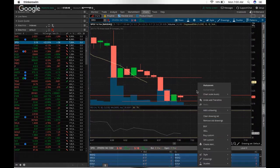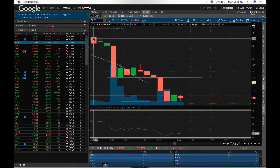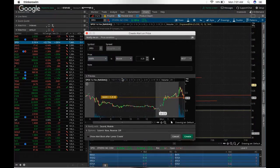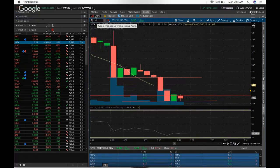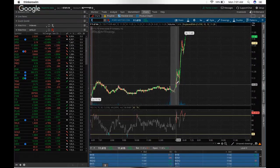I'm going to put my alert. If you guys want to get in, my mistake, I go to create alert and then it has to be above 325. Dude, F is just killing it. Got my alert that it went above like 1140, and